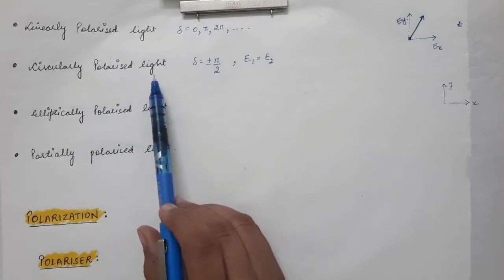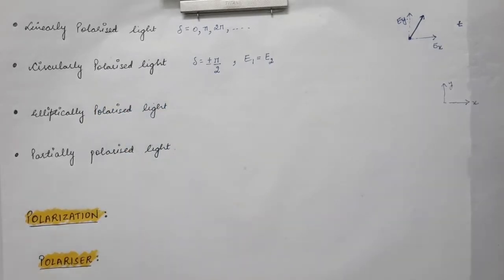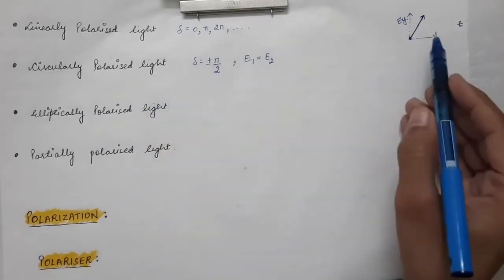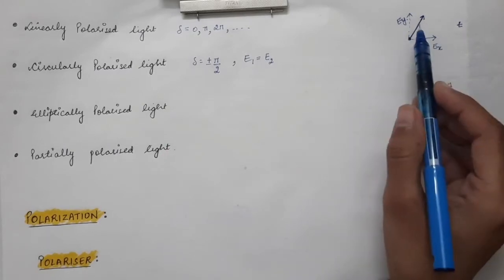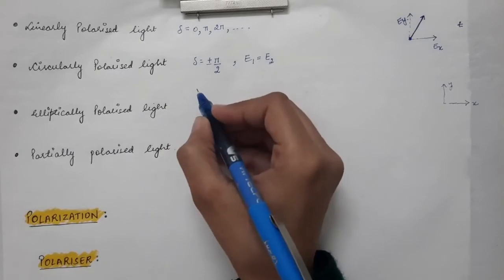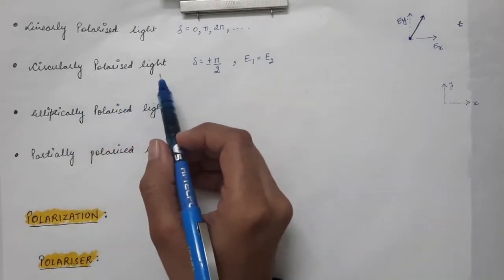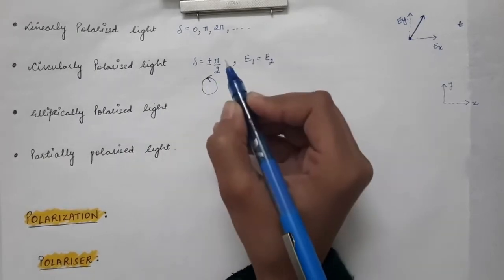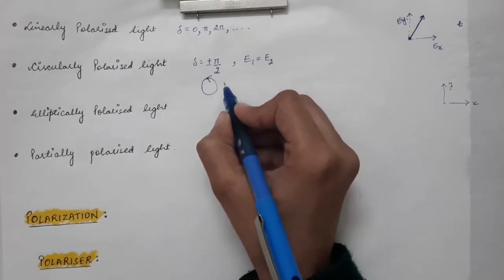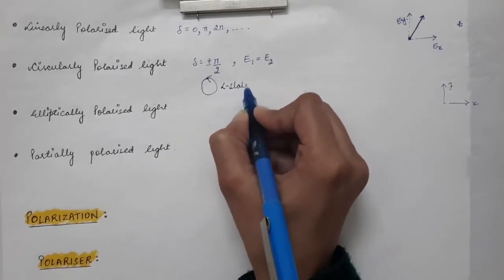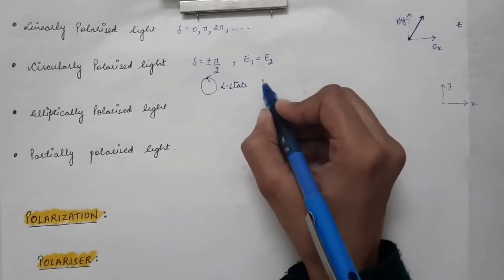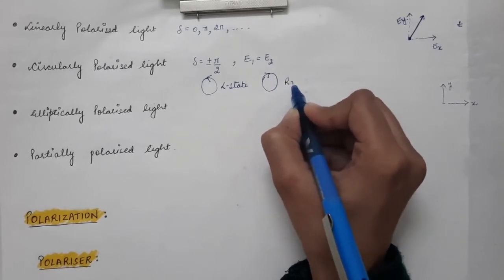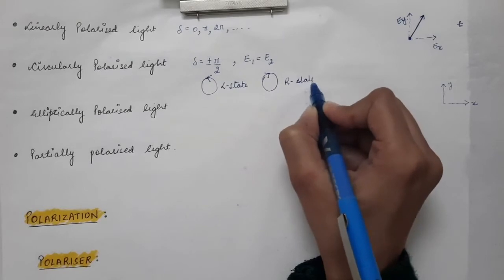Now circularly polarized light can be divided into two types. The first one is the counterclockwise direction, where the electric field is rotating in the counterclockwise direction. That will be called the L state, or left circularly polarized light. If the electric field rotates in the anti-clockwise direction, then it is called left circularly polarized light. Then if the electric field rotates in the clockwise direction, that is towards your right, it is called right circularly polarized light.